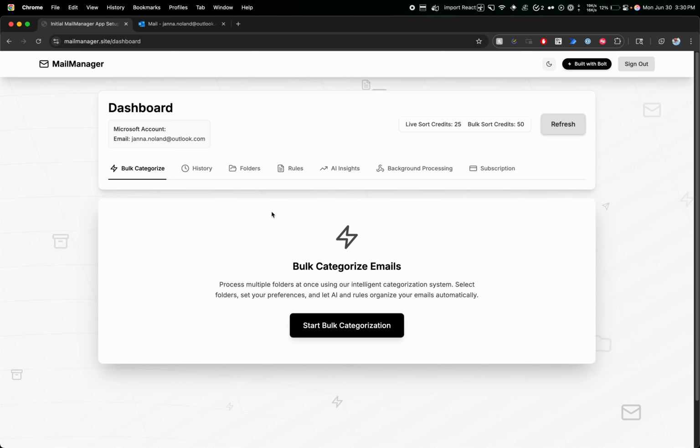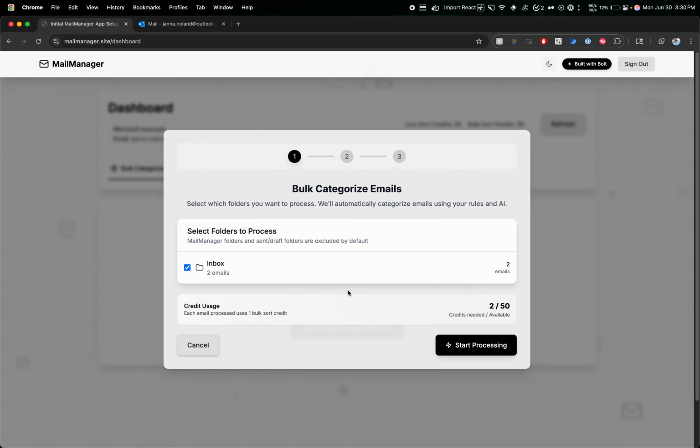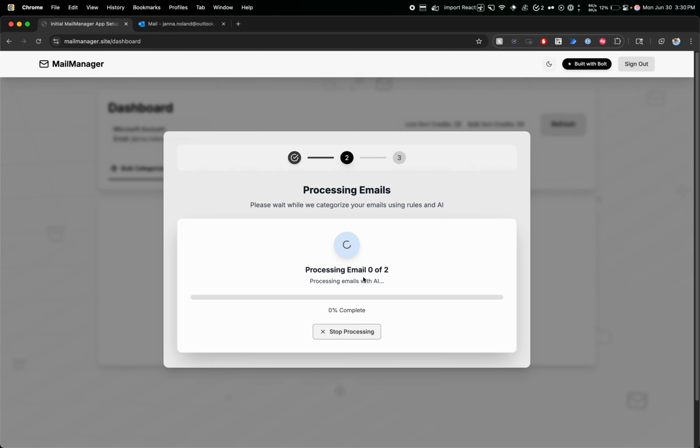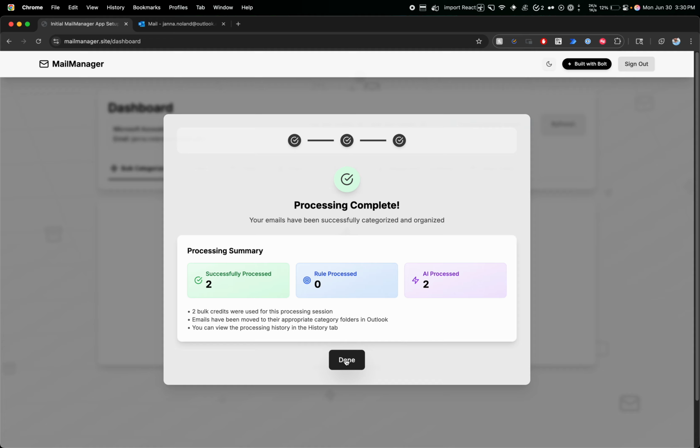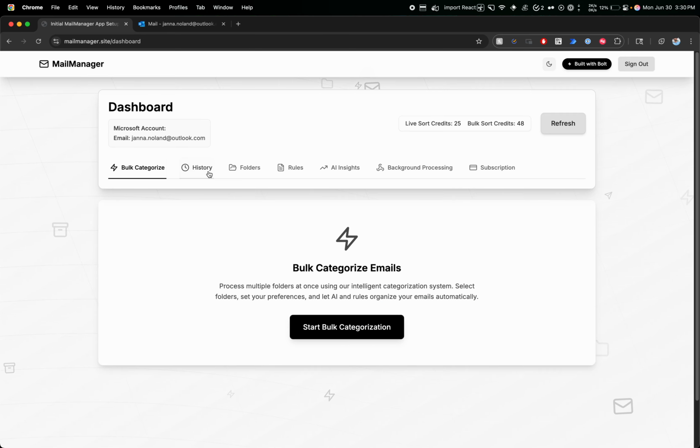But yeah, so for this bulk categorize thing, I thought this would be useful if you wanted to categorize all your existing emails in your inbox, right? So if we click on this, we only have 2 emails in our inbox right now. But once we hit start processing, it will send those off to the AI. The AI will read through it, analyze it, and then automatically move it to whichever of the appropriate folders it thinks is best. So we can see here on the history